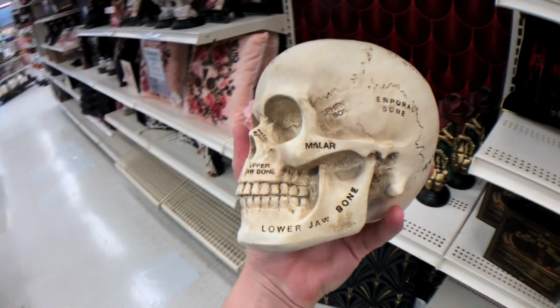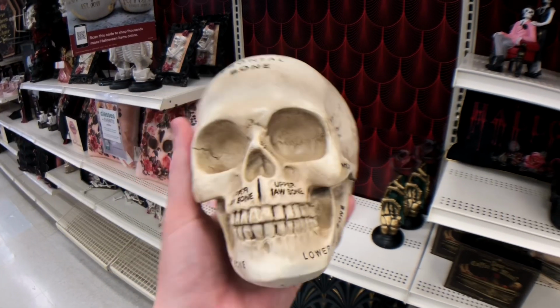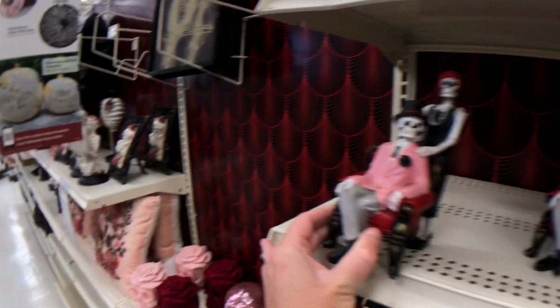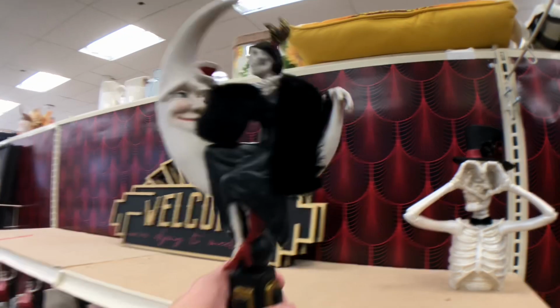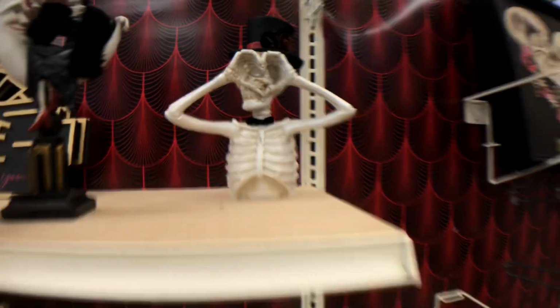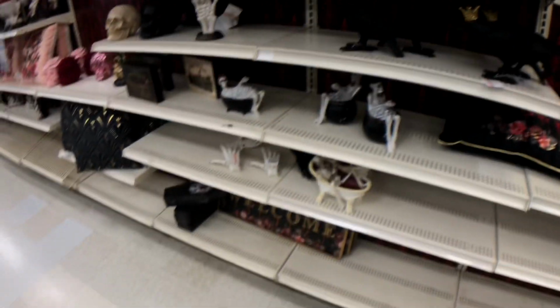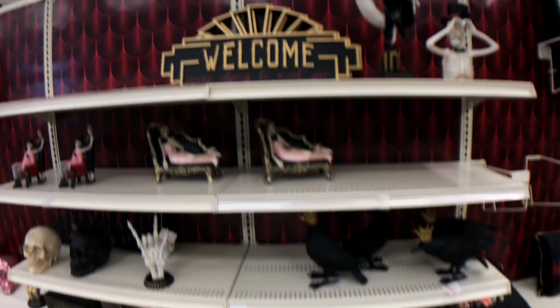And this is kind of cool. I do like this. Like a layout of the skull. It's not quite the phrenology head, if you know about phrenology, but it's more of an anatomical skull. More skeletons. You have like a fancy woman skeleton sitting on the moon. Another heart eyes skeleton. Happy Halloween. This is a very interesting aesthetic. Very feminine here at this section. And then over here we got